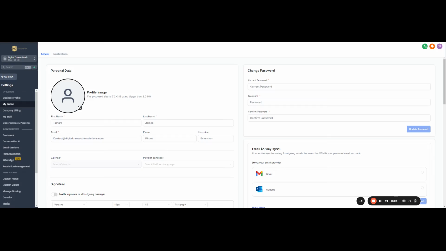So now we're in the My Profile section, which is in the settings. From here, you'll see that you have your personal data information already in here. This will be in here upon registering for your account. So you'll see that your first and your last name and your email is here, but your phone number is